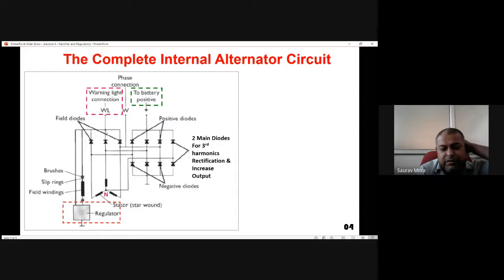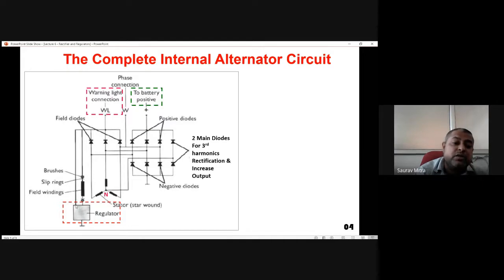So from this point actually we are taking 3 supply outputs. One is going for the warning light, one is going for the field of the alternator, and the third one is going for the regulator. So just by this point we are actually controlling three currents. These 2 points are entering the regulator. We will see the details of the regulator circuit in the next session. Then you will understand where this point is going.